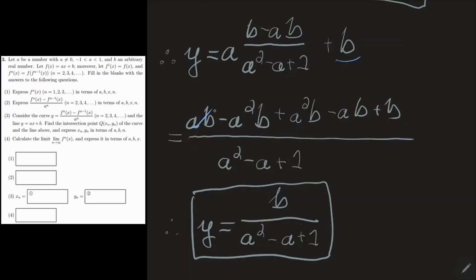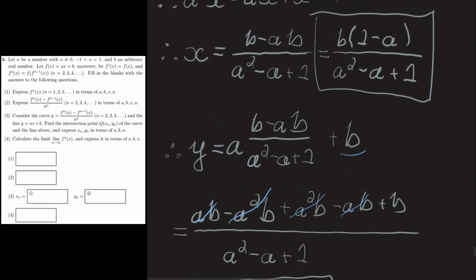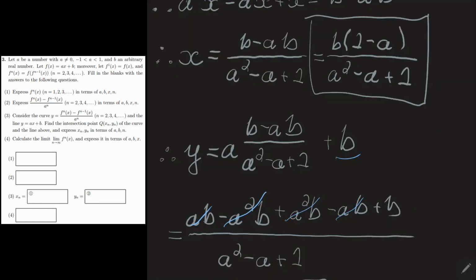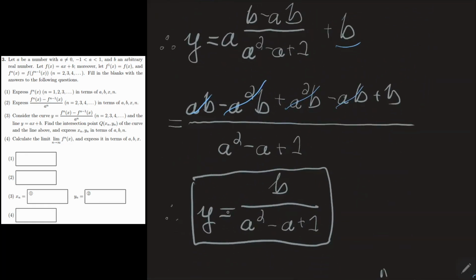out. So we have ab and minus ab, we have a squared b and minus a squared b. So the numerator is just left with b. And so our y value is just equal to b over a squared minus a plus 1. And that is the answer to this part of the question. So we have our x value of the intersection point, and we also have our y value of the intersection